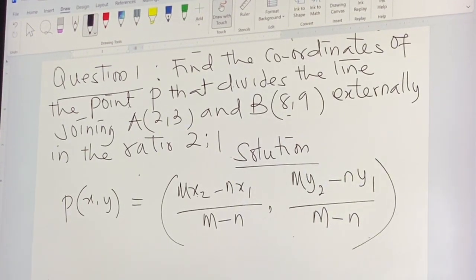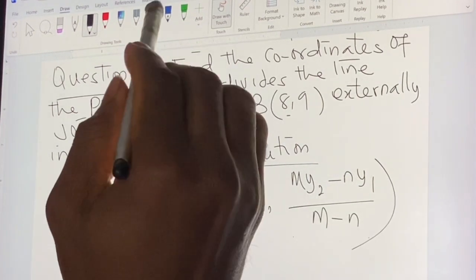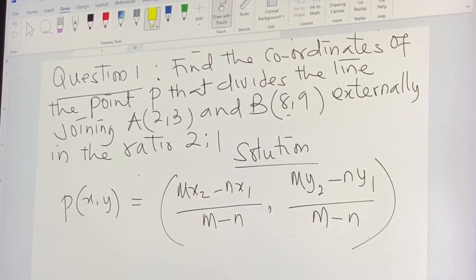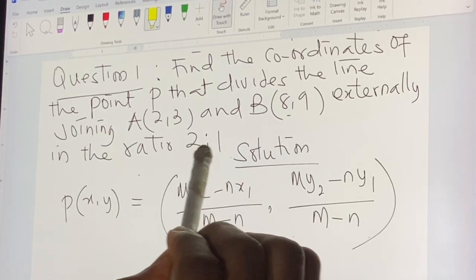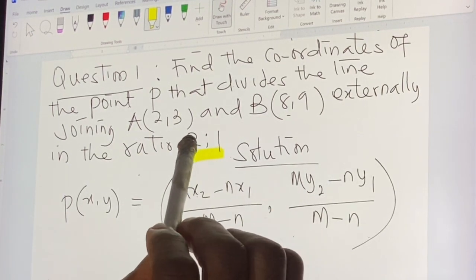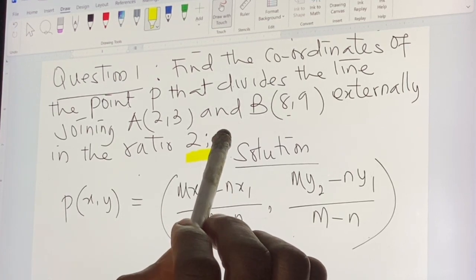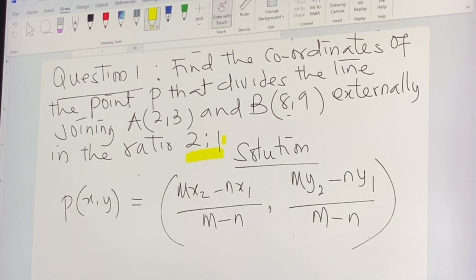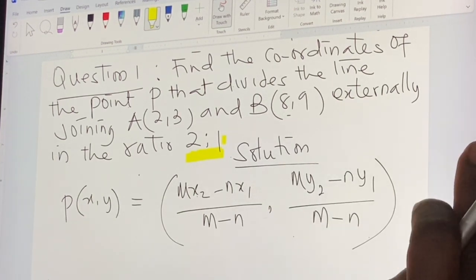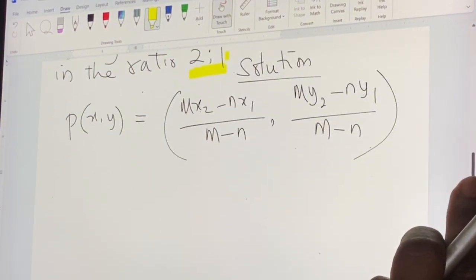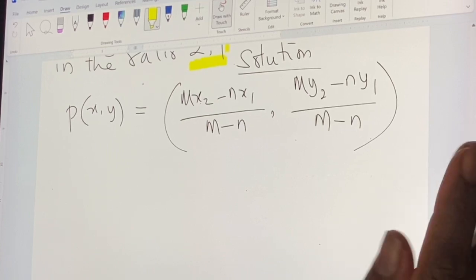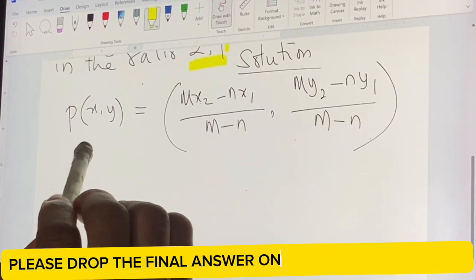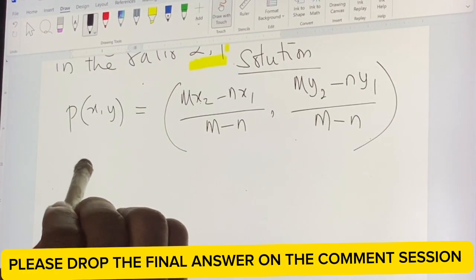Please take note. I told us earlier that sometimes to identify if a division is external or internal, we can tell from the ratio. From this ratio here, m is greater than n. It means that this particular question is an external division, even when it is not mentioned here. Please take note. So let's input the values and the coordinates here. The ratio 2 ratio